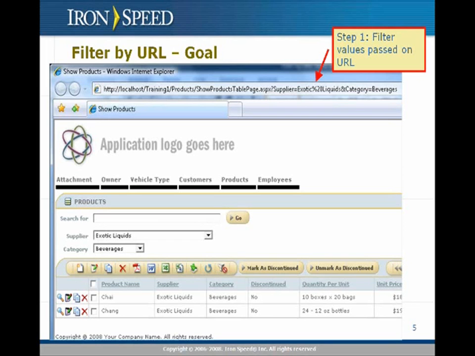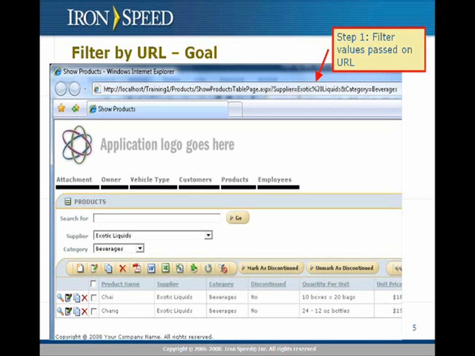This is great, but in some cases, you would like to specify this filter value on the URL. The reason for doing that is sometimes you may want to effectively put a menu item, as an example, which takes a user to a pre-filtered list. And rather than creating a different page, for example, that shows a pre-filtered list,